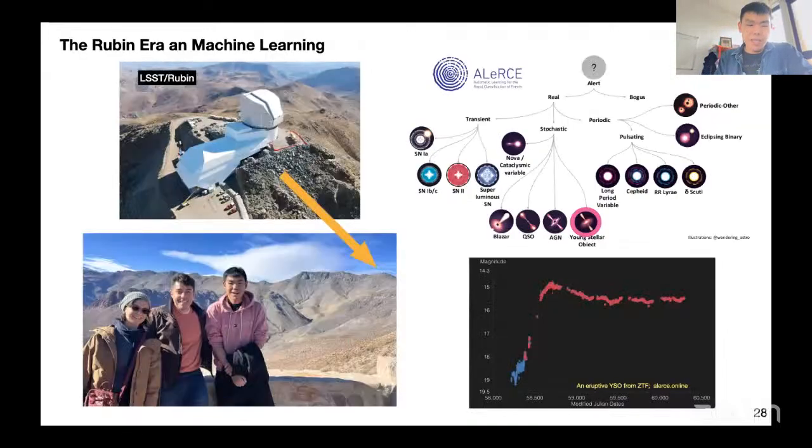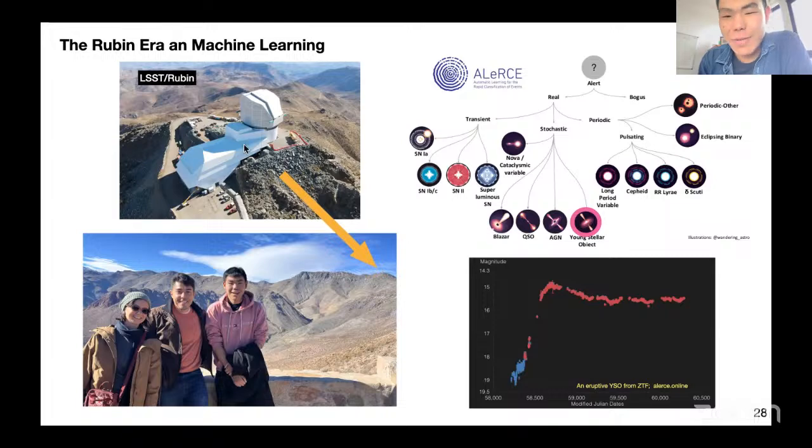So in the next few years, we will enter the Rubin era, which is an era of variable stars, an era of time domain astronomy. And we need to use machine learning to help us understand the data from the Rubin telescope. Actually, a few months ago, we had the chance to become the first public visitors to the Rubin telescope. Here the yellow arrow is the Rubin telescope,